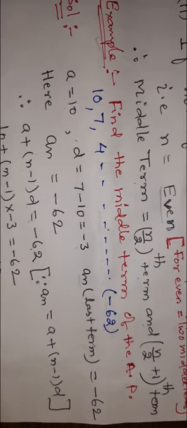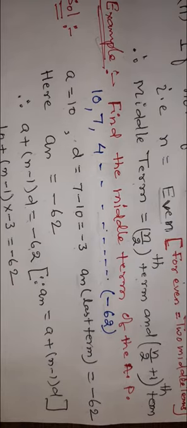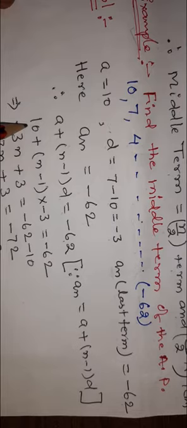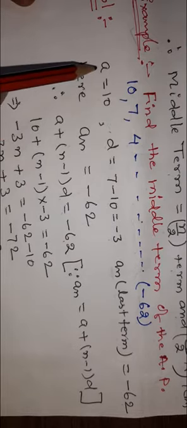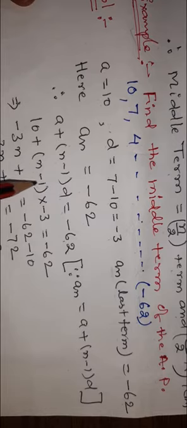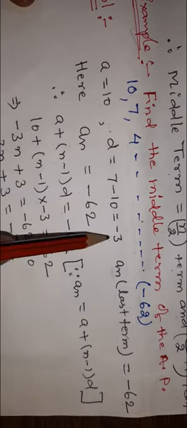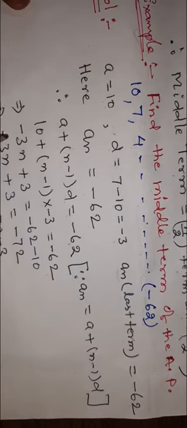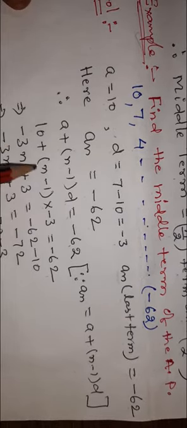Okay, so in place of a, put here 10 from here, because a is equal to 10, n will be as usual, minus 1 into d, which is here minus 3 from here, is equal to minus 62. Okay, minus 3 into n, it will be minus 3n, minus minus it will be plus 3, and 10 को इधर